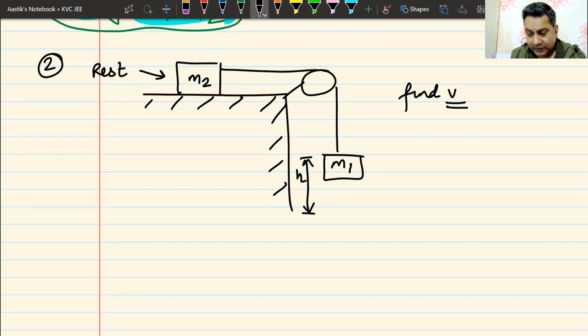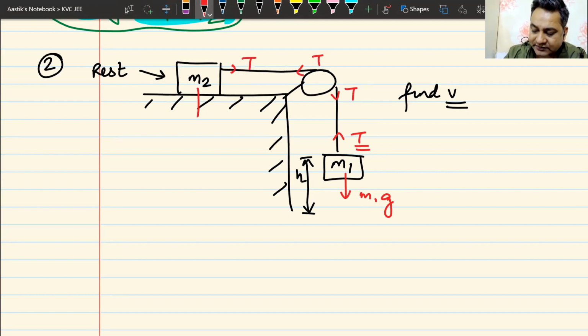Once I apply the work energy theorem here, I first have to see what forces are acting. One force is M1G. Do we all agree? This force will do some work. The problem will come with the tension. We have never seen the work done by tension. This tension, this tension, this tension, this tension, this M2G,